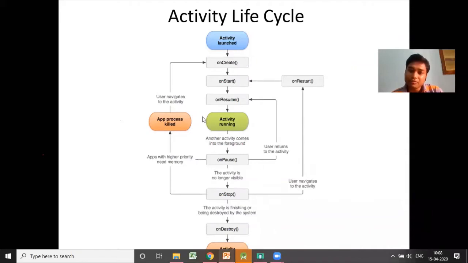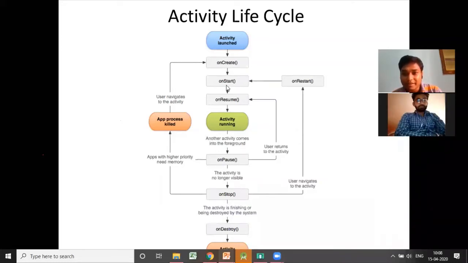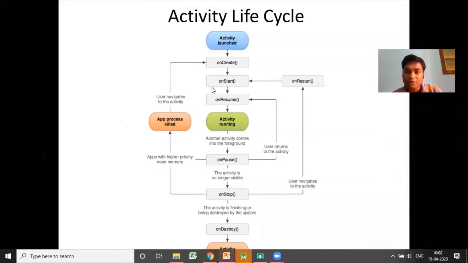Similarly, we'll trace all these phases. Whenever you are opening one application or activity, we will trace whether it is executing the on create phase, the on start phase, and the on resume phase or not. Now suppose you put that activity into the background, then we'll check whether these phases are executing or not by using one program.